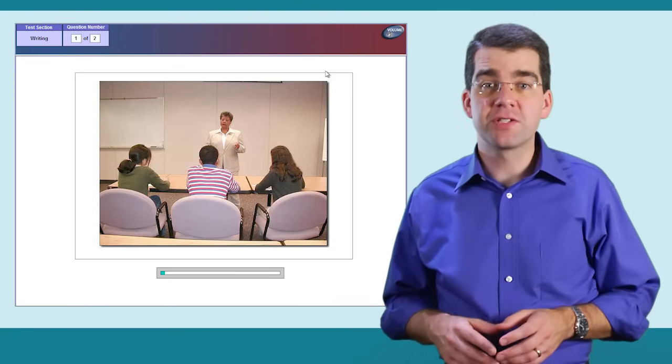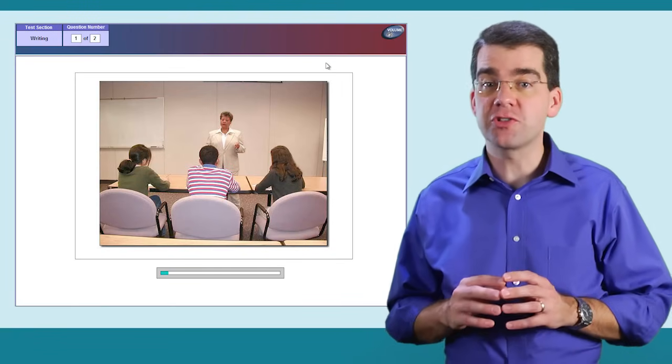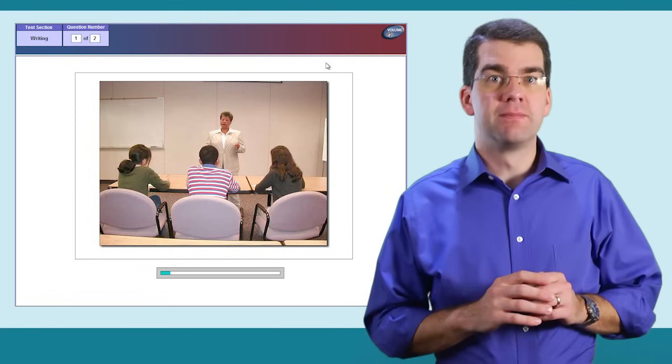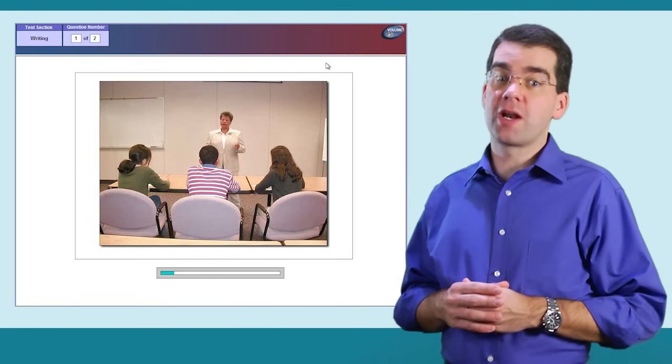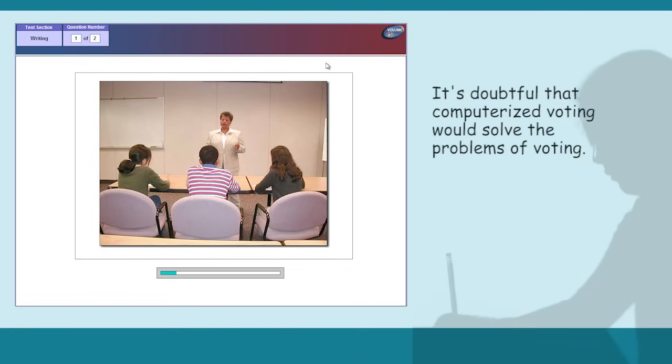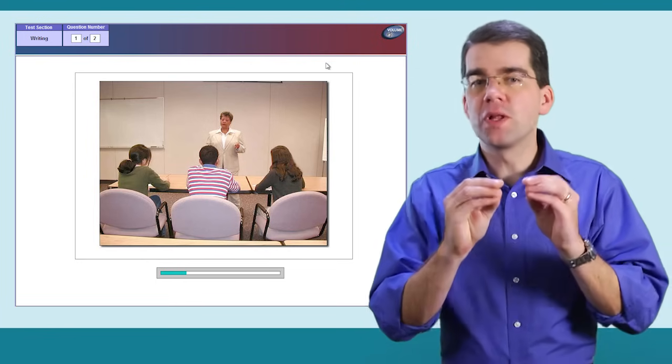In the listening passage, the speaker is going to indicate his or her perspective near the beginning of the lecture, so be sure to listen carefully. In this case, it's clear that the speaker opposes a change to electronic voting. It's doubtful that computerized voting will make the situation any better. Then, when you're taking notes during the listening passage, remember that you're looking for specific points that relate to the